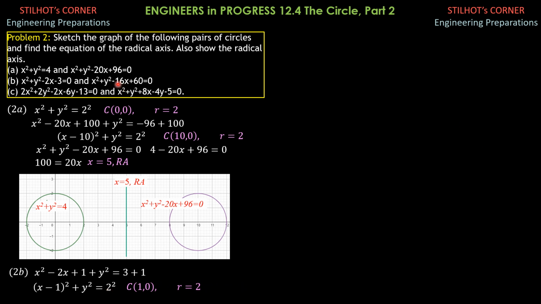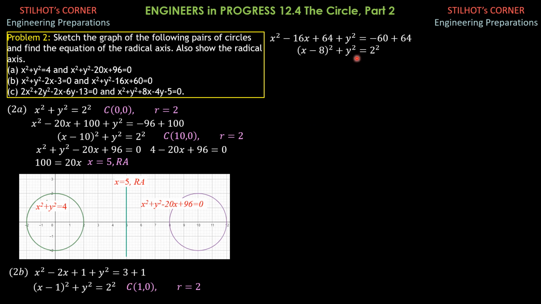For the second one, let's complete the square in x. x squared minus 16x, half of negative 16 is negative 8. Negative 8 squared is 64. So x squared minus 16x plus 64 plus y squared equals negative 60 plus 64. So this is the new term, we also add it on the right side. So the first three terms are (x minus 8) squared, then plus y squared equals 2 squared. Again, this is a circle of radius 2, similar to this.